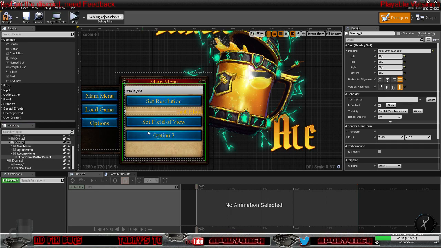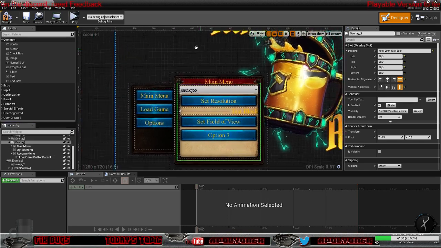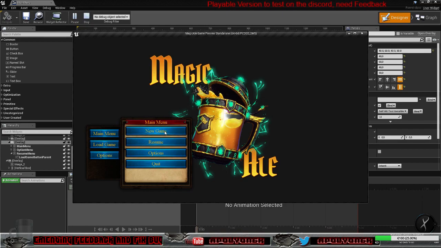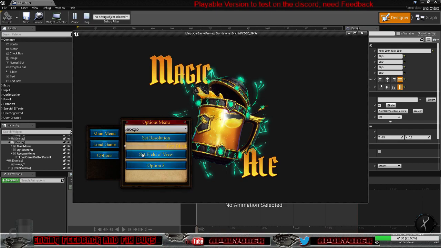And let's have a look at the options menu here. I do want to change a lot of stuff here, because at the moment this doesn't look good at all, and there's little to no functionality in it. So let's have a look what we have here. If I click on options,